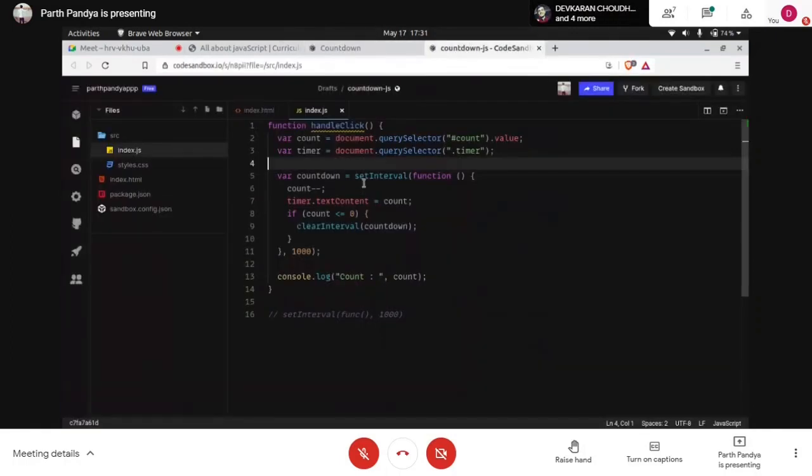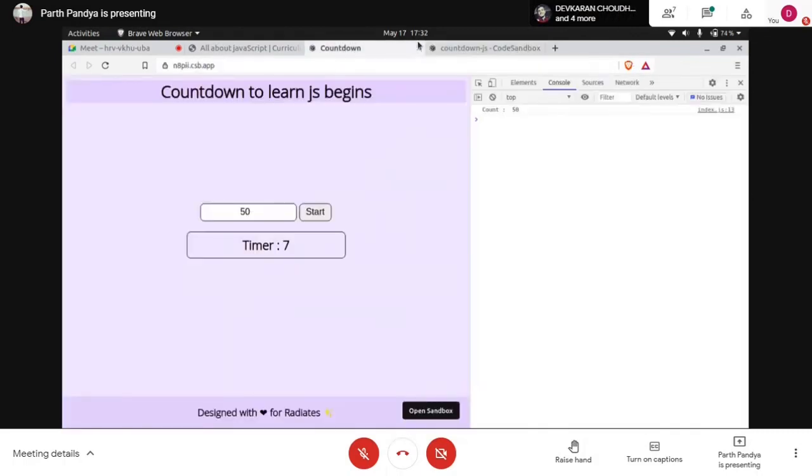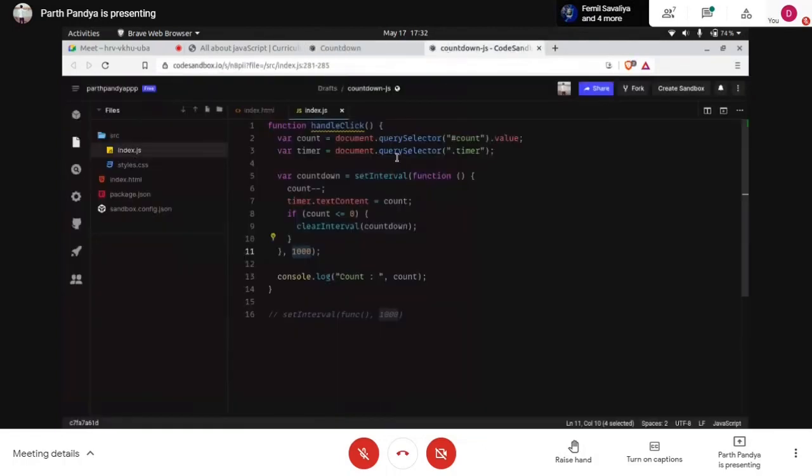So setInterval will delay things inside this function. It will run this function every time after a periodic span of this 1 second, and it will only terminate upon calling this clearInterval or upon closing this particular browser tab or window.